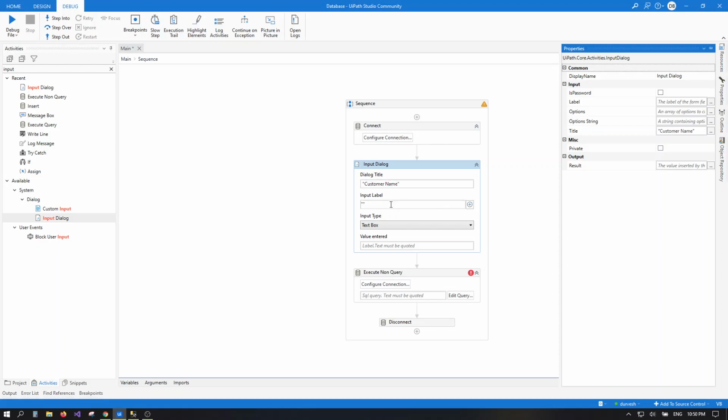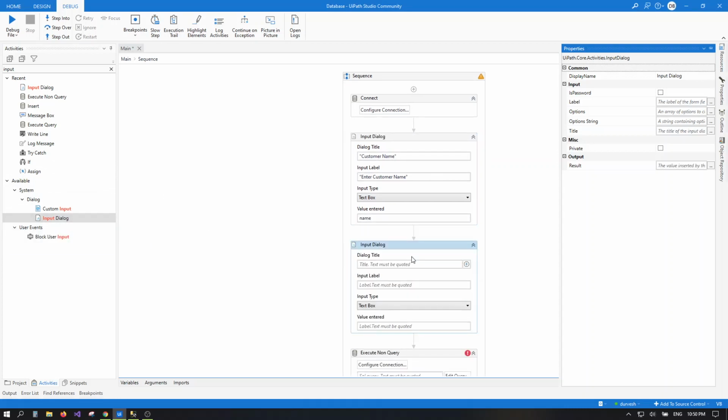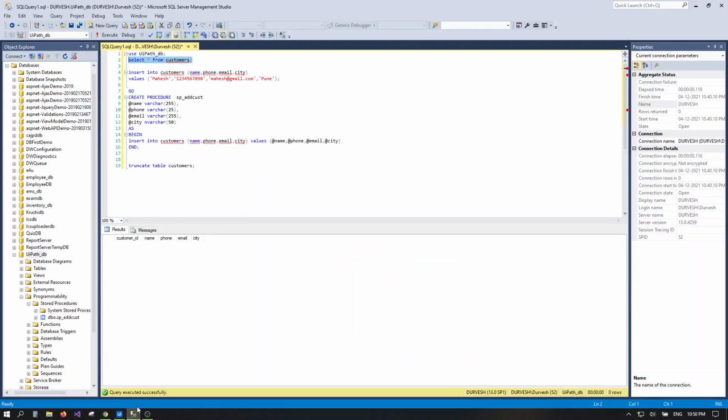Here you need to just provide the label like enter customer name, and we'll create one string variable to hold this name value. So press Ctrl K and create a variable called name. Like this, we'll take an input for phone, email and city.